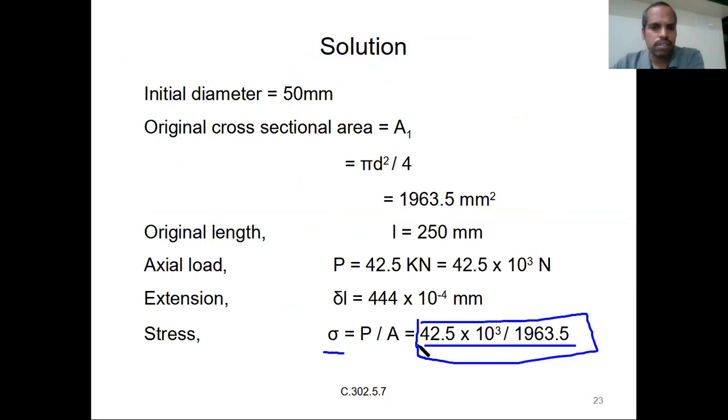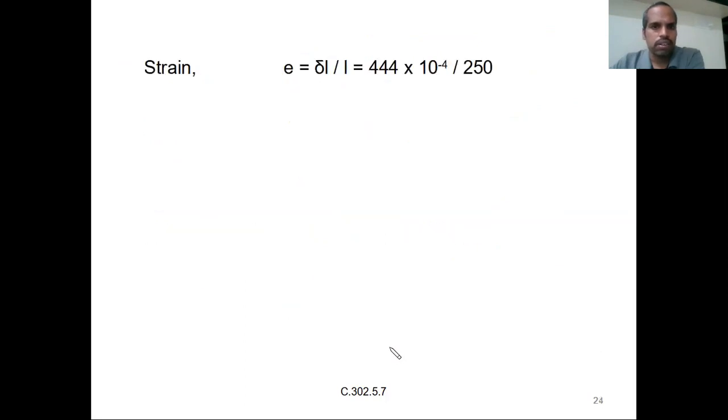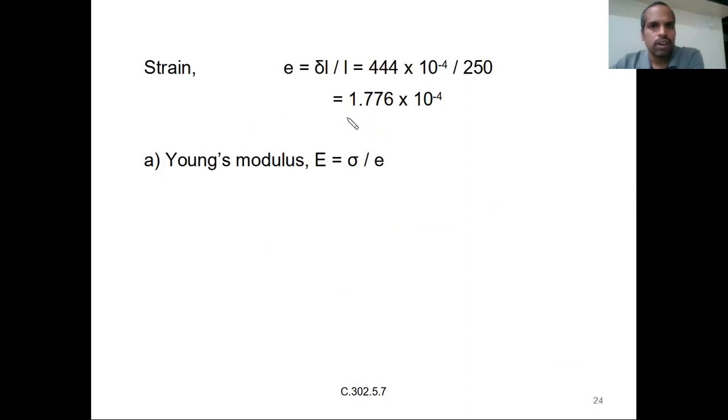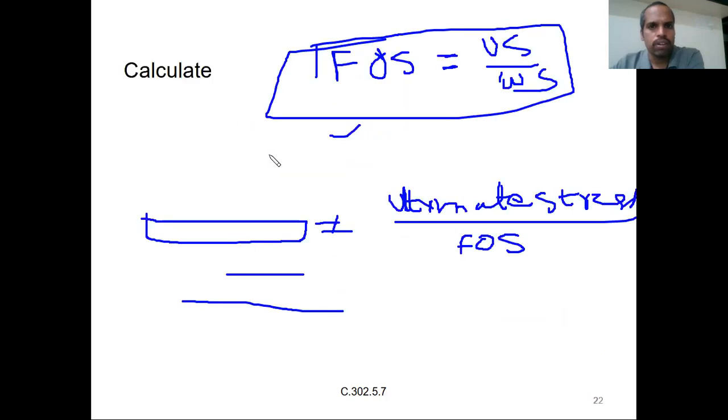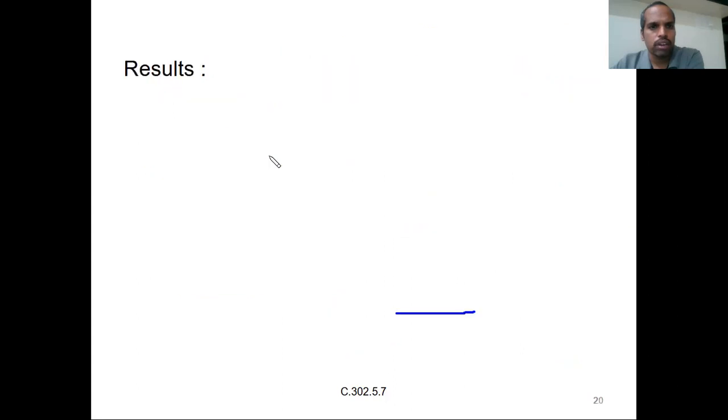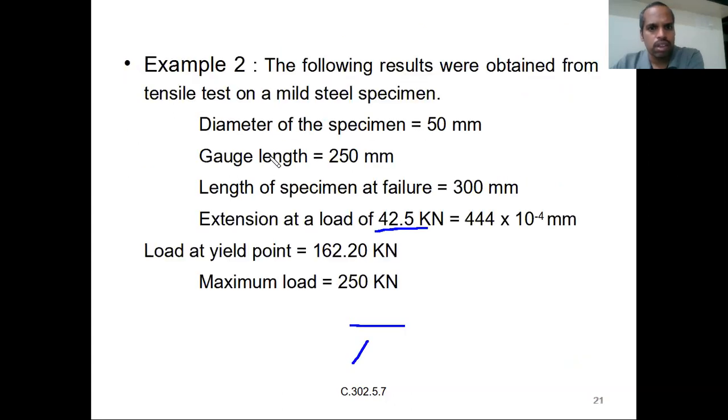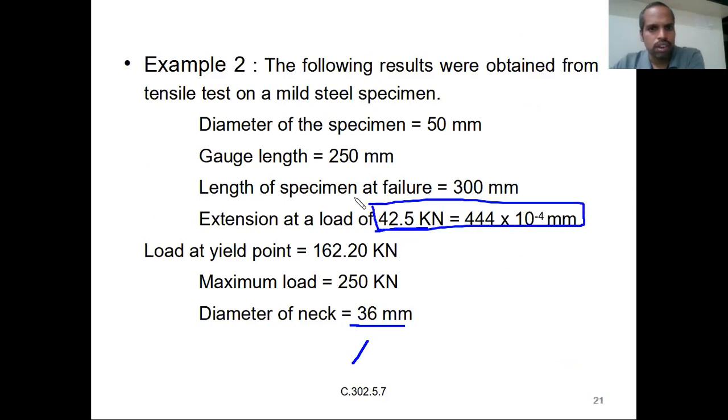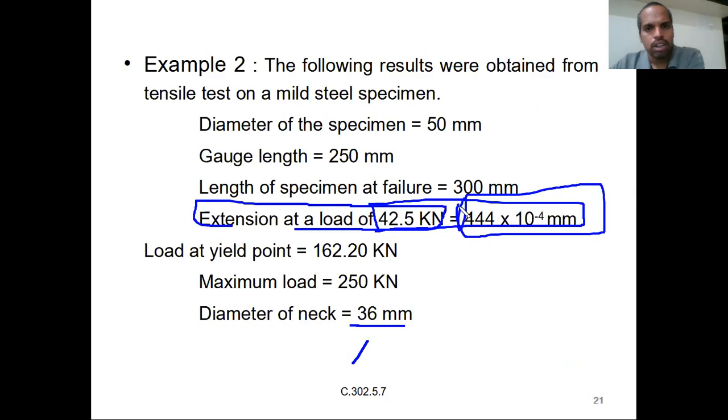Now calculate the stress. Right? Calculate the elastic strain, delta L by L, for a given load. Previously it was given as 42.5. Wherever stress and strain correspond to the same load, you have to calculate them. So corresponding to this load only, you take the strain. Don't take any other strains; if any are given, simply neglect them. Corresponding to this load we are calculating the stress, and corresponding to the same load you take the strain. Then only we'll get the correct Young's modulus. If you take the load for this one and the strain corresponding to some other load, then it is wrong.